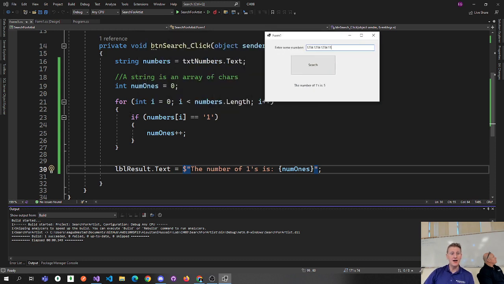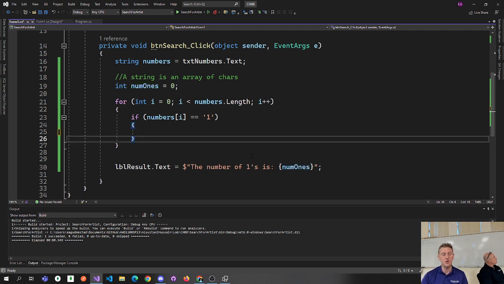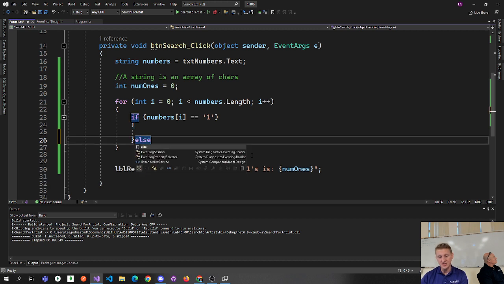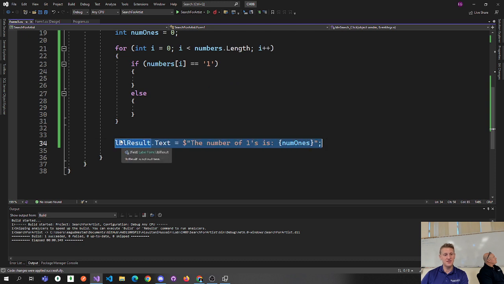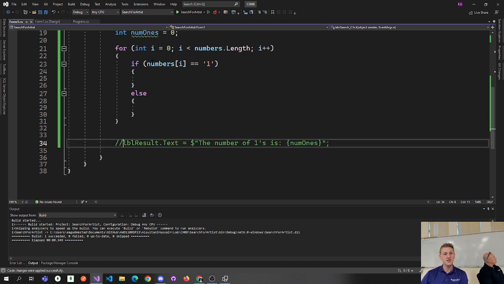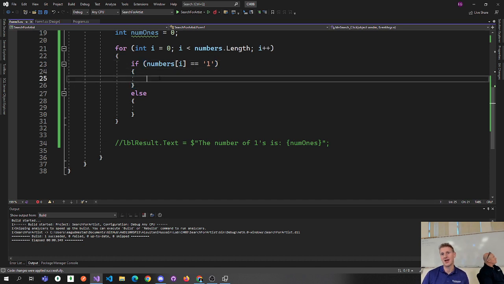And when I'm inspecting here, I'm just using an if statement. Okay, and this if statement says, hey, if number sub I equals a 1, then output it. Okay. Now what I'm going to do here is I'm going to get creative. Instead of if number sub 1, I'm going to convert all my ones. Here's my output. Instead of just doing this little example, let's say for whatever reason I want to take the number 1 and I want to mask it, like a credit card masker, right? I could say if number sub I is a 1,